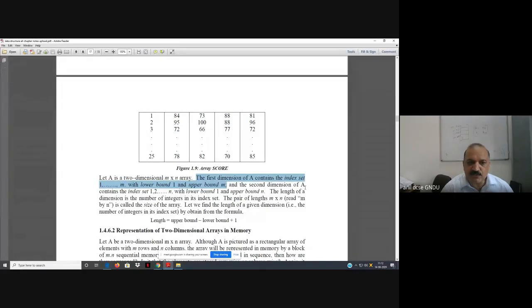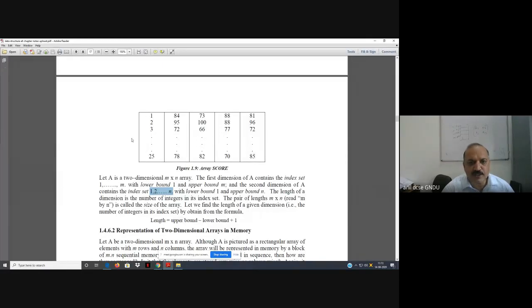The second dimension of A contains the index set 1 to n, with lower bound 1 and upper bound n. Now these are the scores.